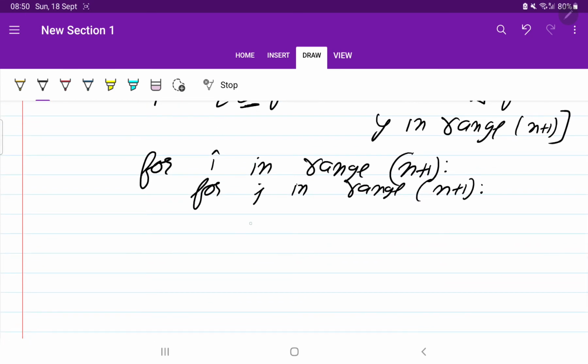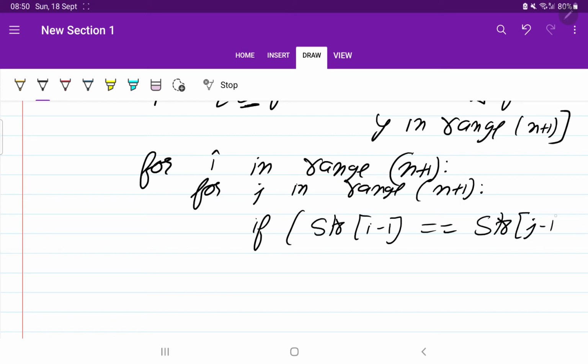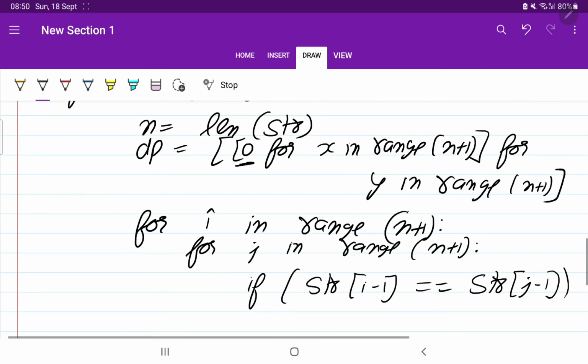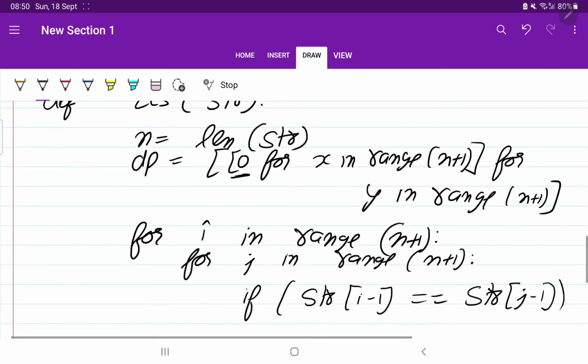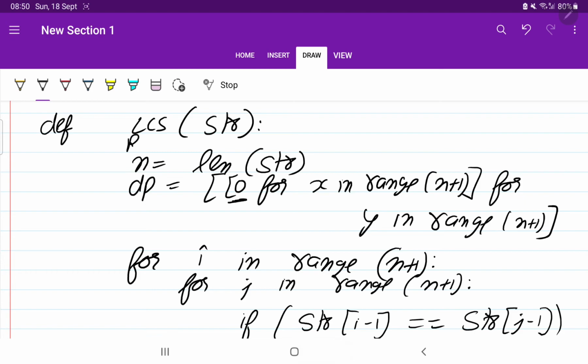Okay, so what is the first condition? If the elements are equal, if str of i minus 1 equals str of j minus 1. Basically, we have to find the reverse of the string. So let's write rev, and it will be equal to str[::-1].